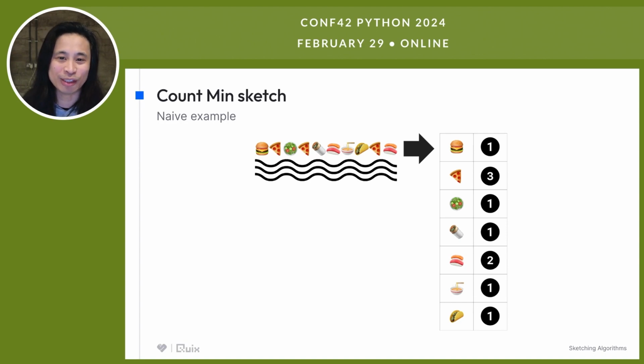If this stream introduced all the food items in the known universe, the data structure would have to grow linearly or sublinearly this way to hold all the keys. It would mean reserving huge amounts of memory and long wait times when you're querying to retrieve the counts for a food item. And if you wanted this in real time or near real time, forget about it. And from here, there's not much you could do to improve things.